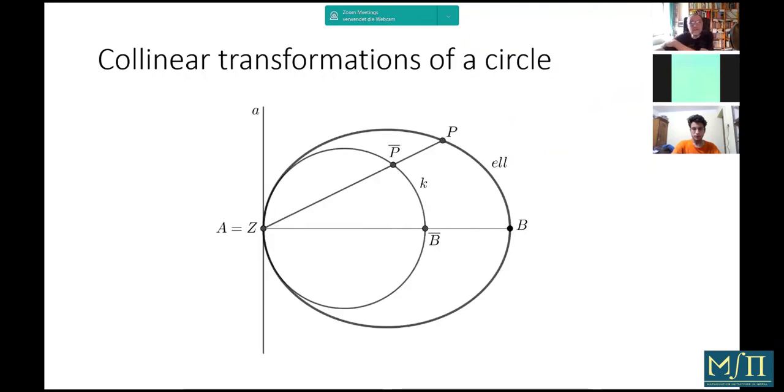And this means that we can do the following type of a construction. Here in this drawing, I have an ellipse drawn here called L, and I have a circle in here, which is exactly such a circle as we constructed earlier. So this is a circle that hyperosculates the ellipse in the main vertex A. And we can now consider the following fact. There exists a collinear transformation, not an affine transformation, but a collinear transformation that maps this ellipse onto this circle